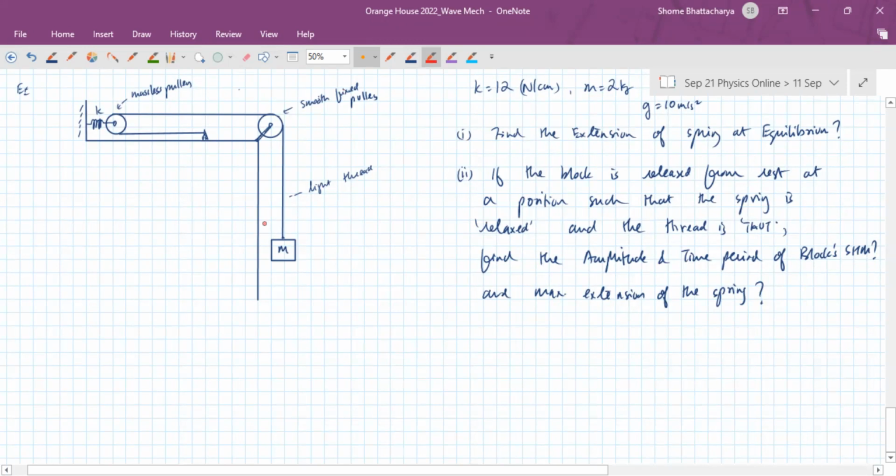So first of all, let's understand that whatever the tension in the thread, double of that is the spring force. This is having an extension x at some point of time, then 2T is equal to kx. Okay, so for equilibrium,